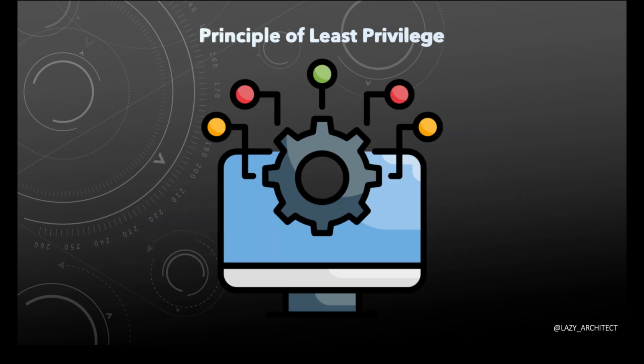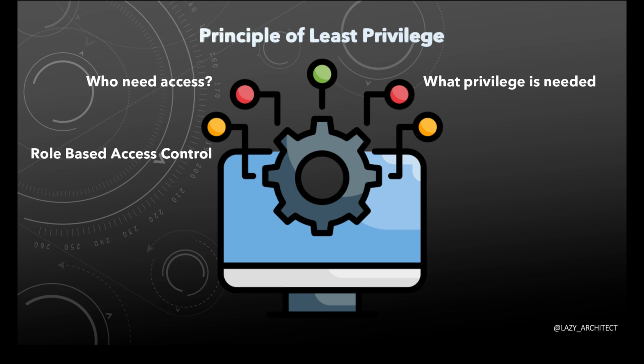So why is the principle of least privilege important? When a system is designed, we get to know what would be the functional requirements of the solution. It's important to identify who all will have access to the system and which data, and what they can do with their accesses. It's important to provide access based on certain roles, which is also called role-based access control. With this, we ensure the users have access to the data they need, and they are able to perform